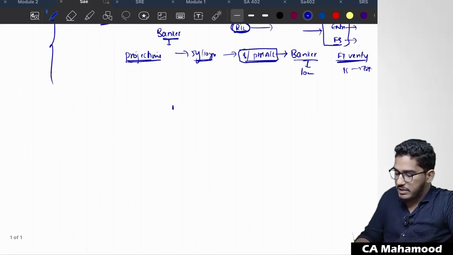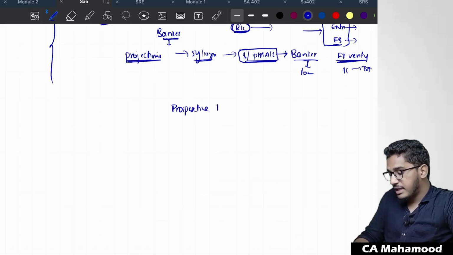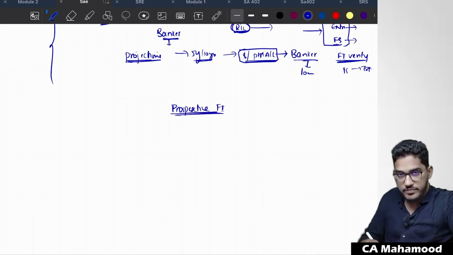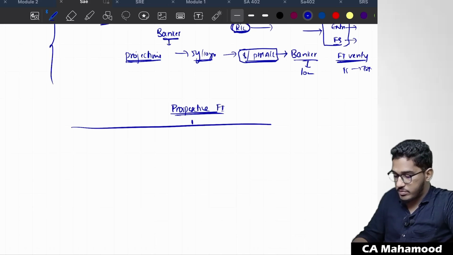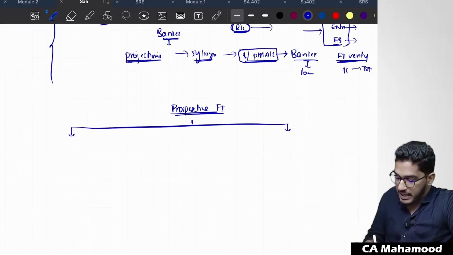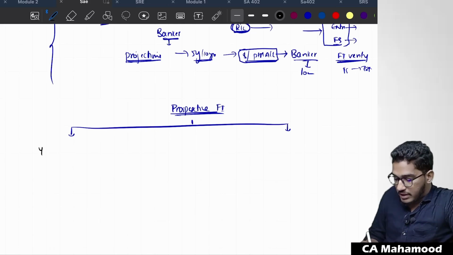And this prospective information can be divided into 2 categories. Prospective financial information will be of 2 types. What are the 2 types of prospective information? Let us try to understand it first. See, take for example, I will give you one data. Year 1,